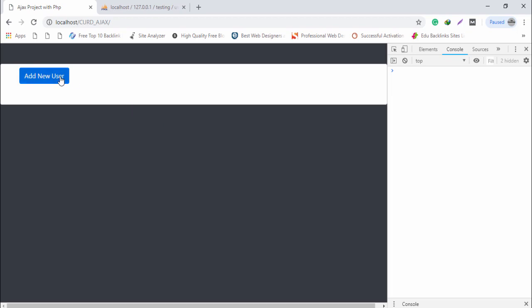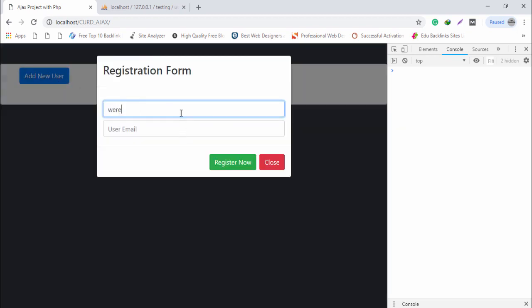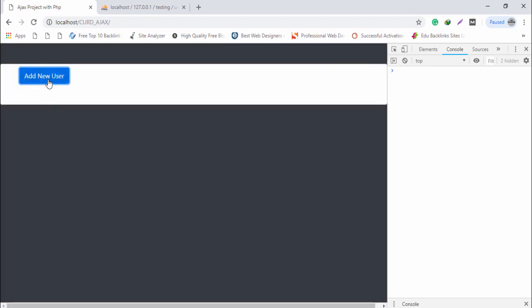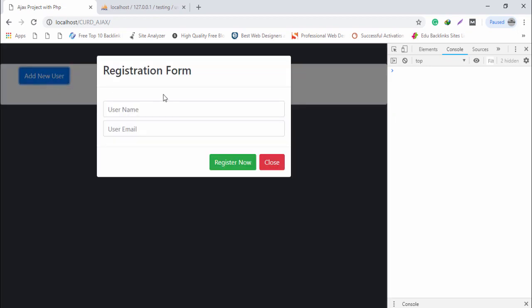And click to add new user. I don't write anything else. First I store the record. Okay, I use webdeveloper at gmail.com. Register now. Right, I close that and I click again add new user. As you can see, guys,